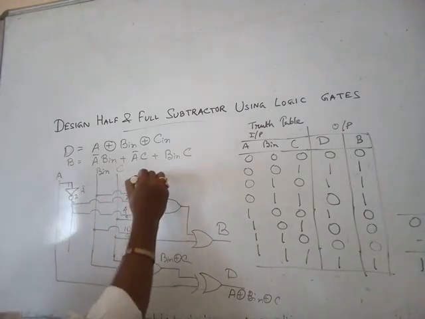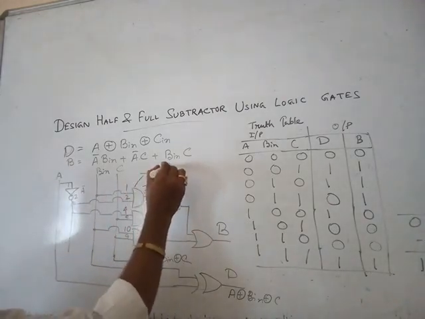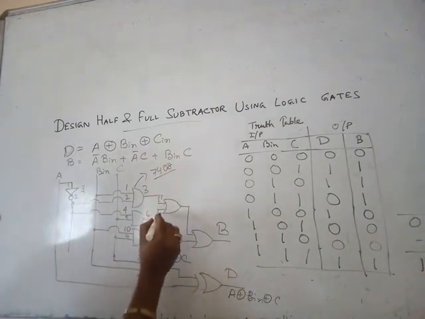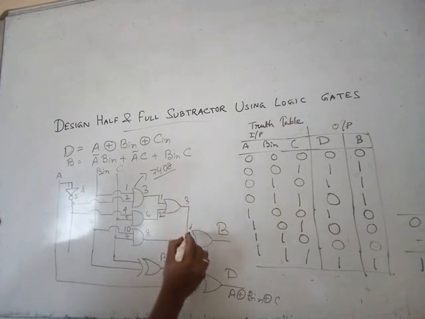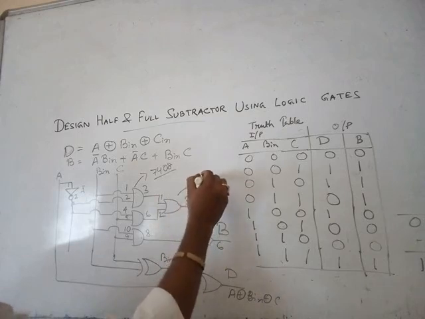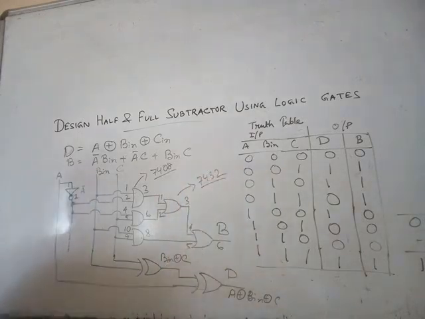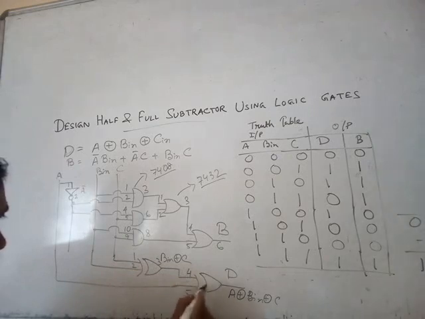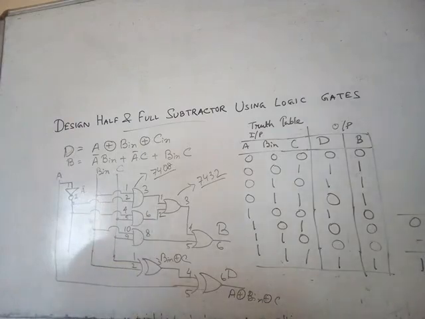This gate number 7408. This is 2 input AND. These two gates are OR. Pin number 1, 2, 3, pin number 4, 5, 6. This OR IC number 7432. That is quad 2 input OR IC. This exclusive OR: pin number 1, 2, 3 first gate, 4, 5, 6 second gate. And OR and XOR, three types of gates pin diagram are the same. So first we have to check these gates, then design the circuit.